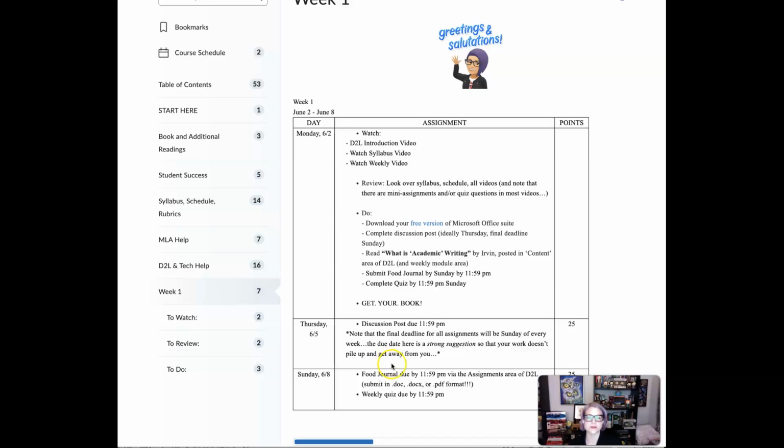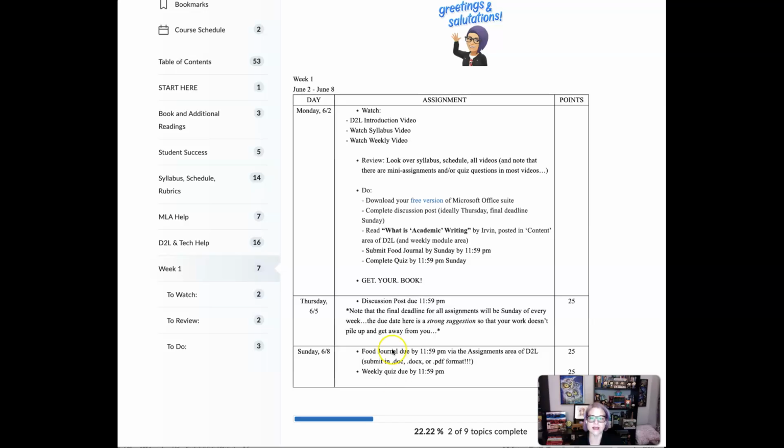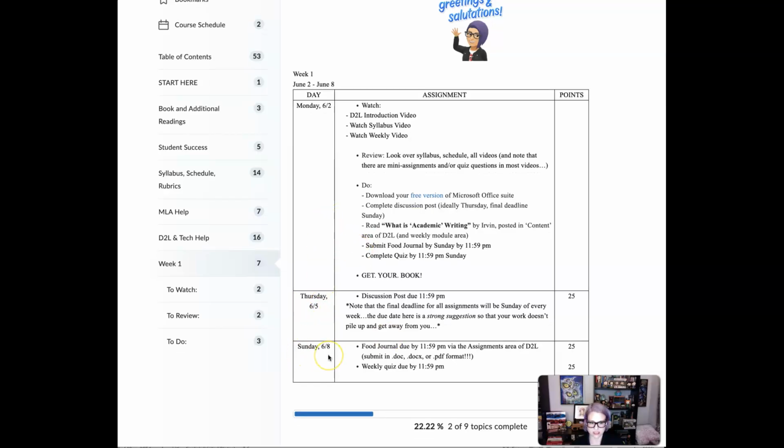Know that we don't necessarily have any immediate due dates on the first day, right? You have some time to get used to things, click around, take a look at D2L, do what you need to do to find your comfort level, right? So this is what our schedule looks like for this week. I try to break it down into easy bites, right? So our due days will always be Thursdays and Sundays, right? So this is ongoing. There's nothing that's outside of Thursdays and Sundays, right? So you will always have it broken down into 3 sections: to watch, to review, and to do.